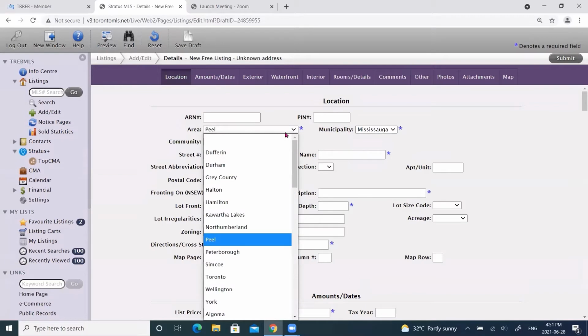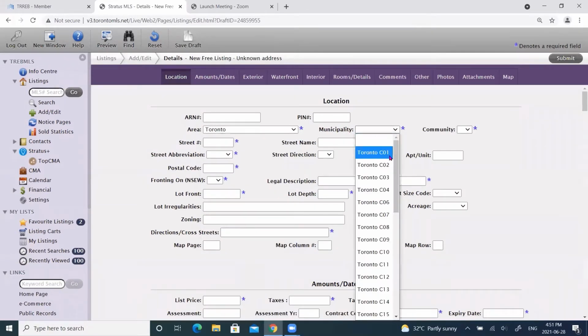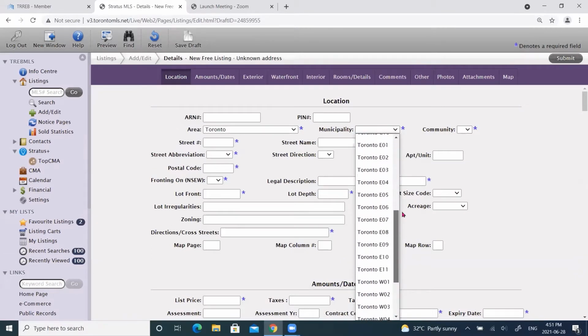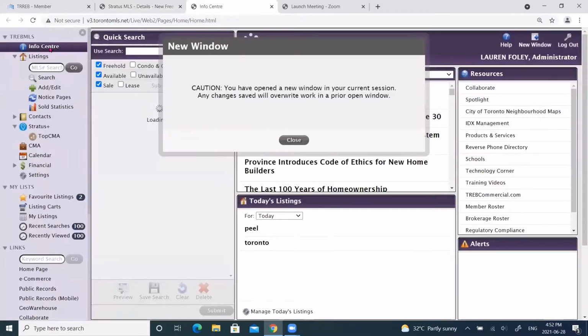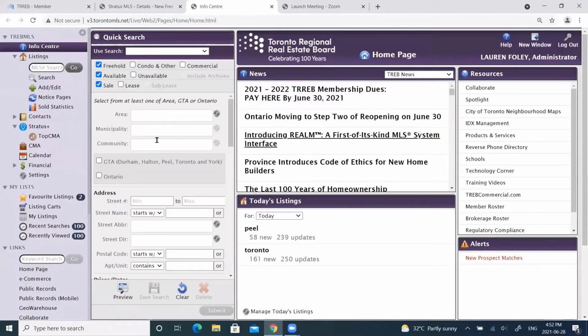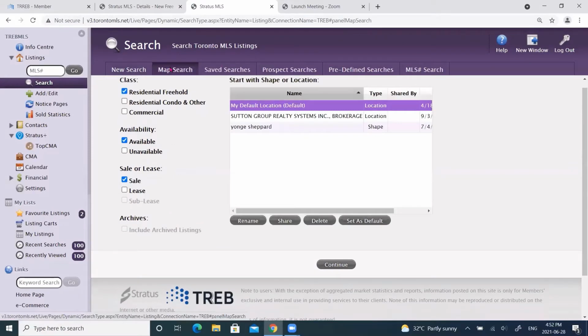But if I change this from Peel to Toronto, you'll notice all the municipalities are numbered. So I'll show you a quick shortcut. We're just going to go to the map. So let's open a new window. Anytime I want to open a new window in TRREB, I'm going to click here. Okay, and I get that caution letting me know that I'm in two windows. And I'm going to click search. And if I click map search, continue,